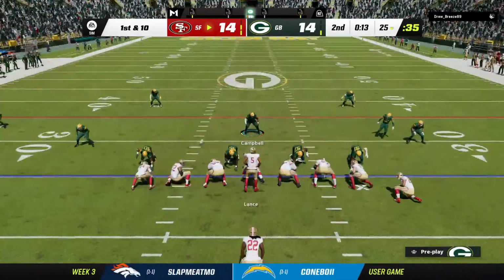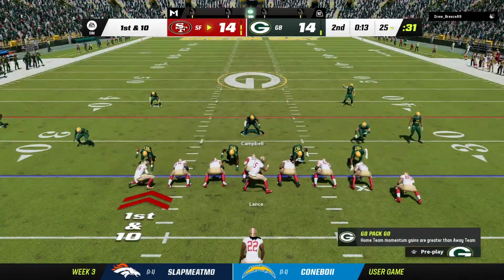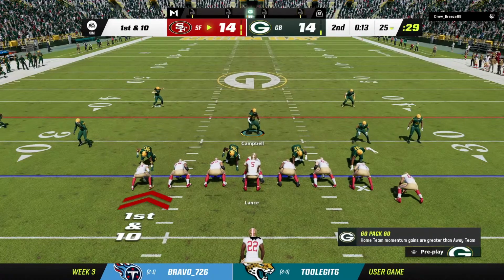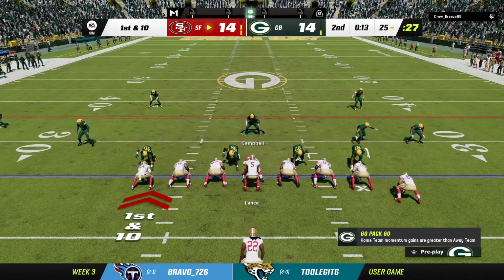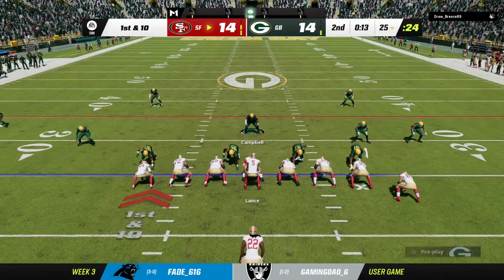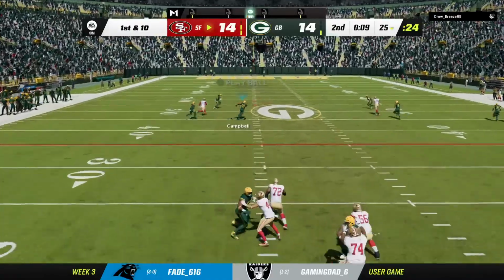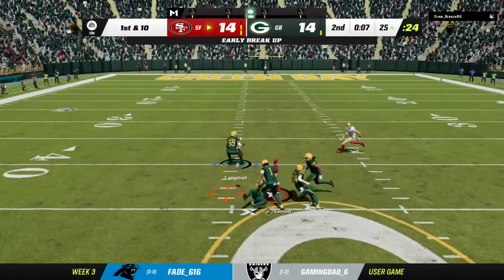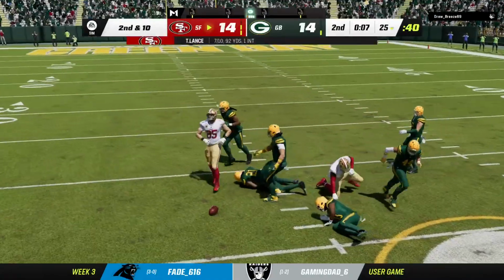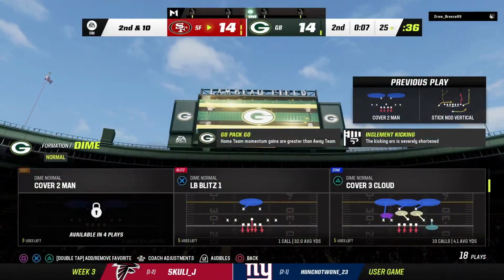First and 10, and kind of tipping their hand at running the ball. 3 tight ends are out there. Try to shake off the interception. He'll look to throw. And that is incomplete. Well, partner, they're not content to run this one out as we head towards the half,